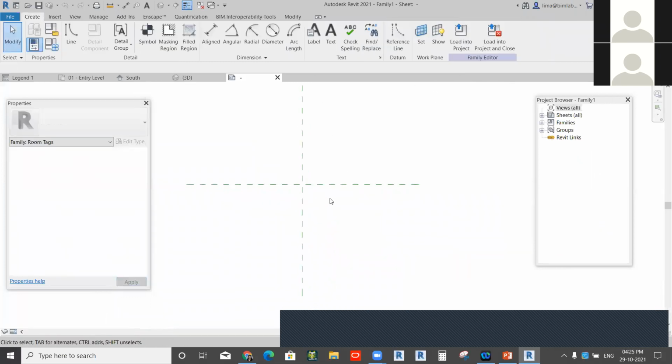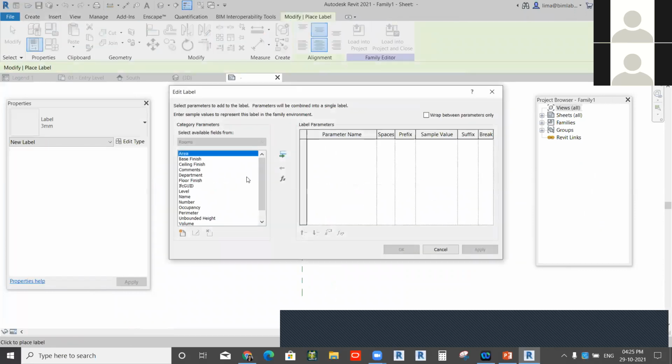This is your area. From the Create tab, there is Label. You can label your own criteria, your own field. By default, you can tag rooms, area, base finish, ceiling finish. A lot of parameters are available by default. If you need to add any other parameters or your own parameter, then only you go for the shared parameter.